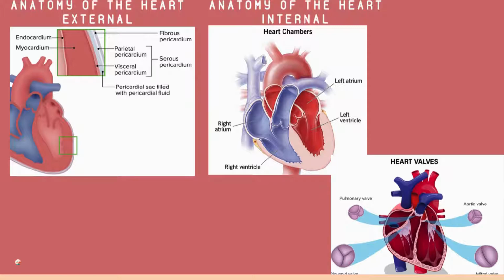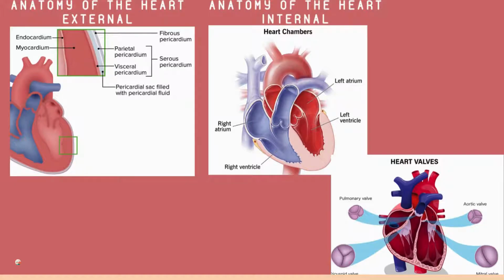The serous pericardium is further subdivided into two layers: the outer one, just beneath the fibrous pericardium, is the parietal pericardium, and the inner layer of the serous pericardium is the visceral pericardium, which is also known as